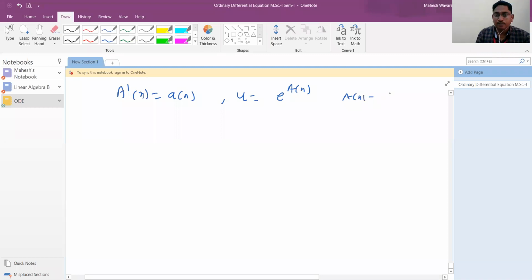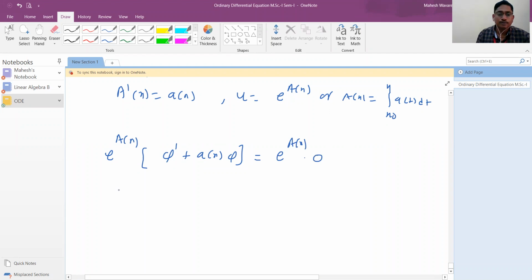You can write this also. So on multiplying by it, e to the power A of x is multiplied to the given equation. If phi is a solution, you write that. So you need to find the solution phi here. So this implies e to the power A of x into phi, its derivative, is equal to 0. So it is equal to 0, which means its integration will be,